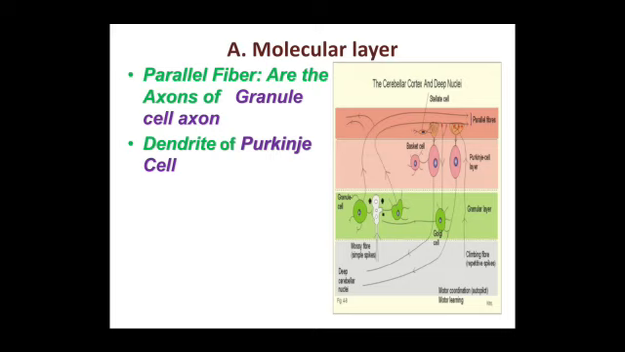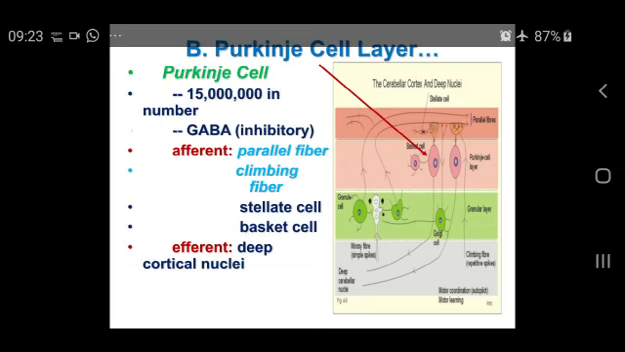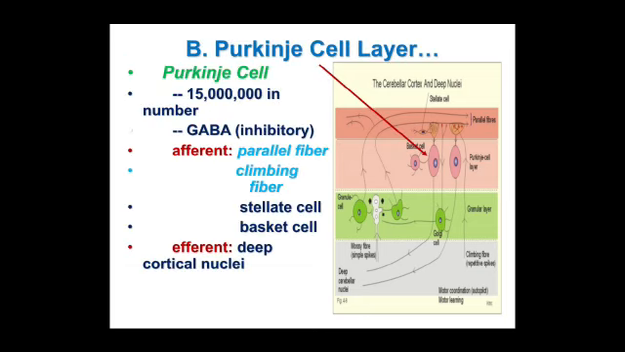So parallel fibers are the axons of granule cells. Apart from this, we are going to find the dendrites of the Purkinje cells in this particular molecular layer. Next, we are going to find the second layer, which is called the Purkinje cell layer. Mainly, you are going to find the Purkinje cells,